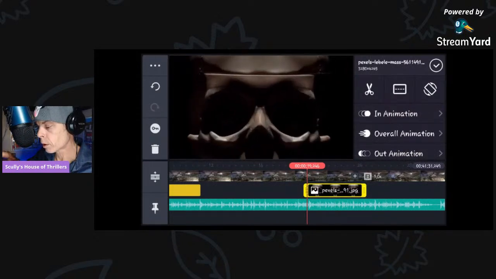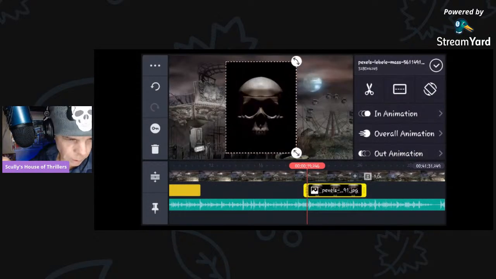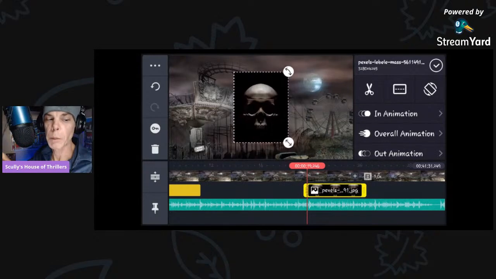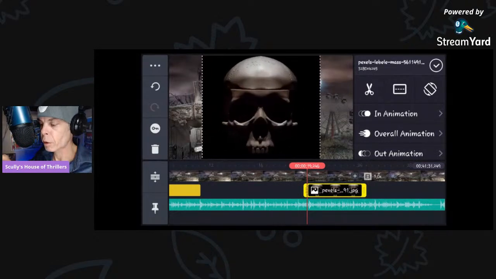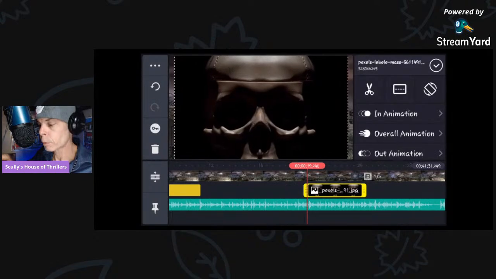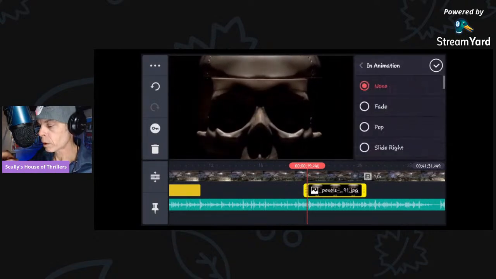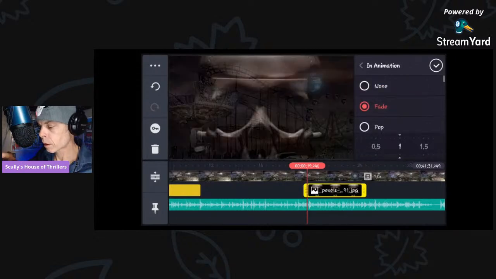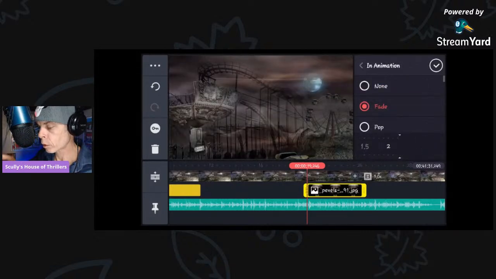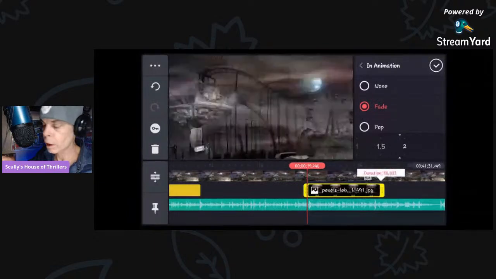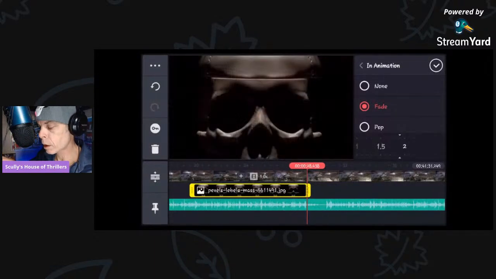Pull it up. See how I'm blowing that up? I got my finger on that bottom right corner and I'm stretching it out, pulling it up to cover there, and then I'm going to come in here with the fade, and I can slow it down or whatever I want to do. Right now down here, I'm stretching that out. I want to pull that a little bit longer into the timeline,